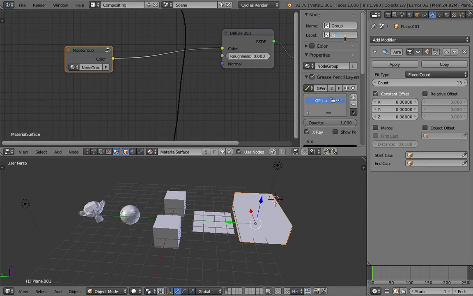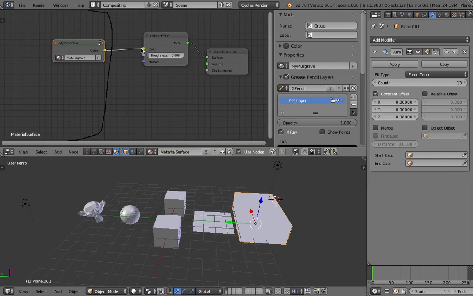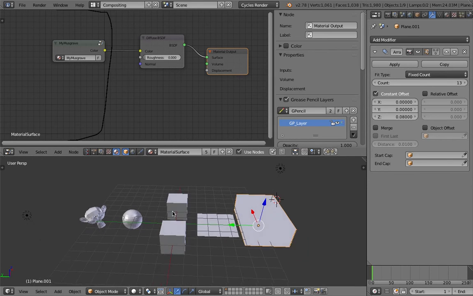Let me test this. Okay, I think that's a good idea to rename everything. If we leave it like that, and then create another node group, the name is still the same. Properties. Okay, we can probably name it here. My Massgrave. If I duplicate it, it's gonna be the same My Massgrave, and then name group 001. That's what I want. Okay, My Massgrave, plug into the diffuse, and then for the surface look for that objects,